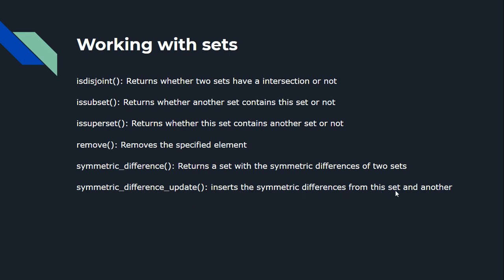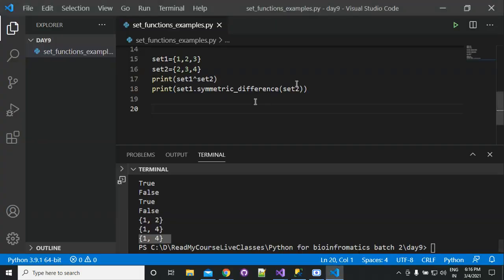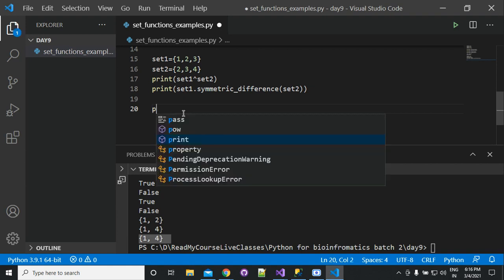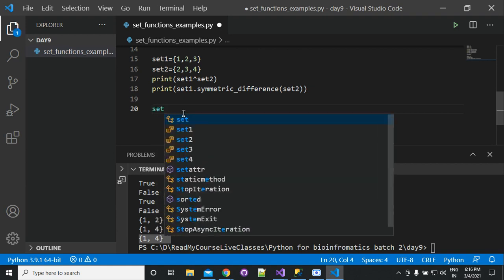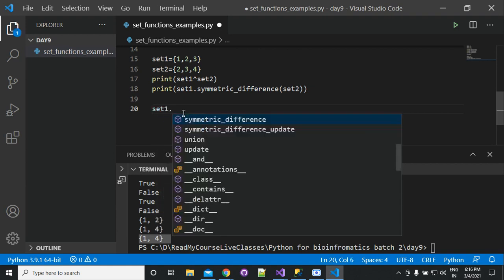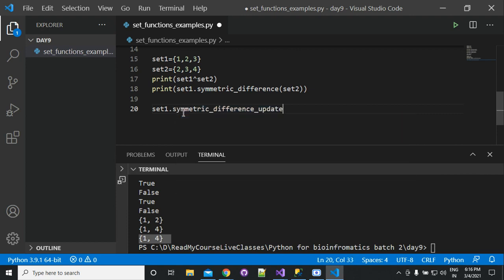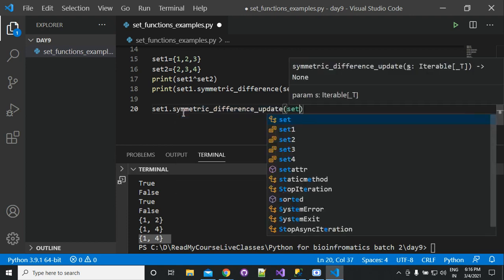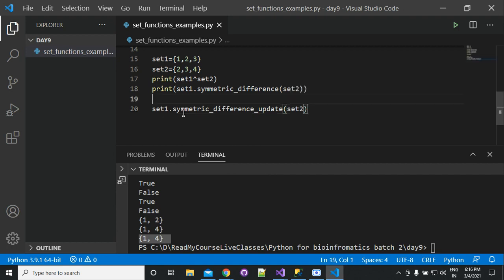If you see the example, suppose we have set 1 and set 2, and you write set 1 dot symmetric difference update and then set 2. Now what will happen in this case?